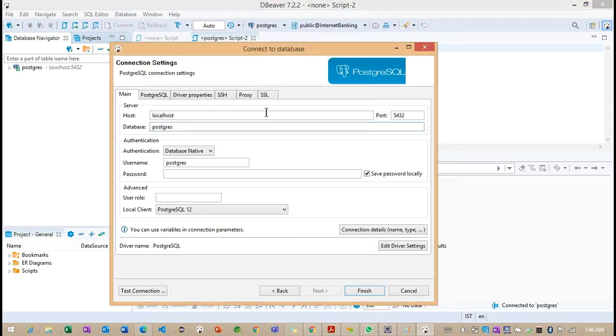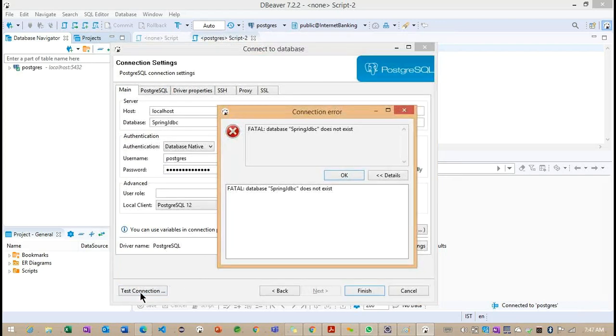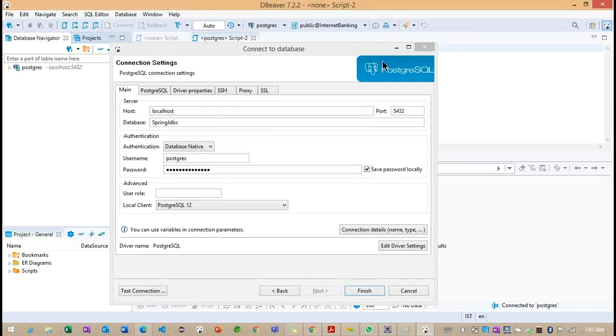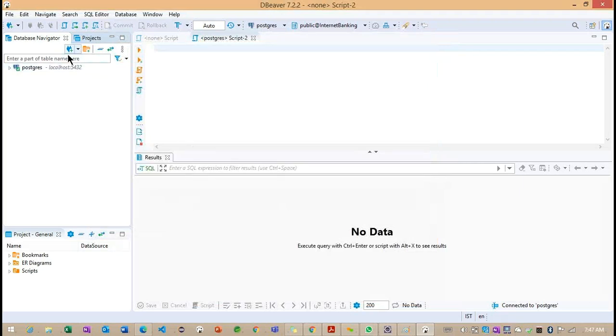And here, localhost we can provide because we are not connecting to a server-related application. And here we need to provide the database name. The database name I want to give is Spring JDBC, and we have the password, right? So this is the password I gave here. Now we can see whether we can connect to this database or not. We'll see. Spring JDBC is not available here. Okay, from here we cannot connect, I think.